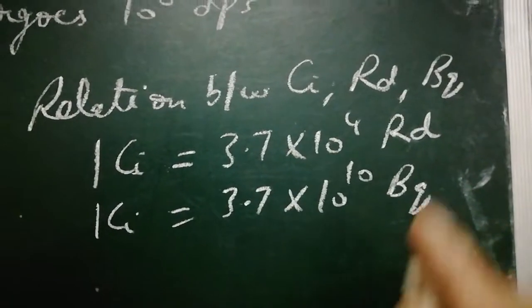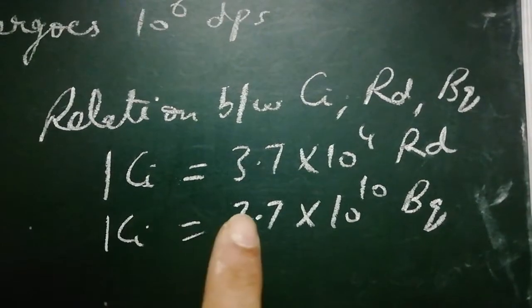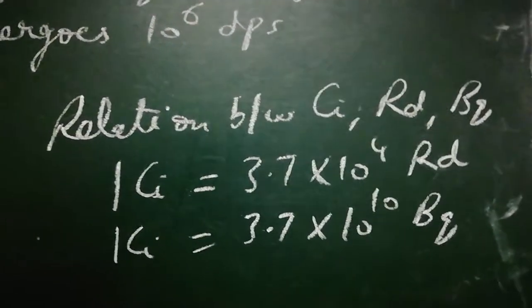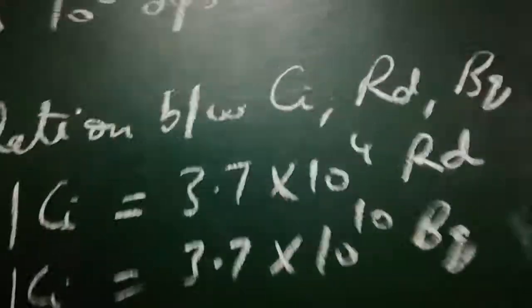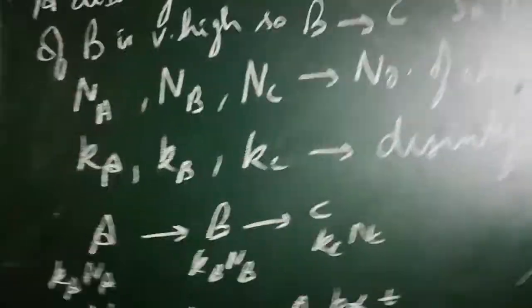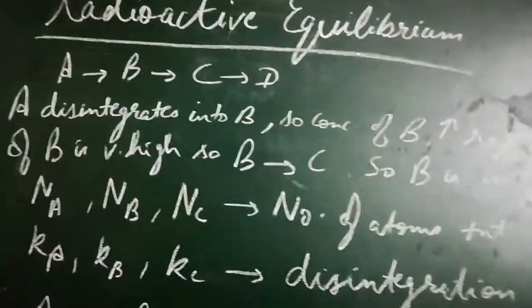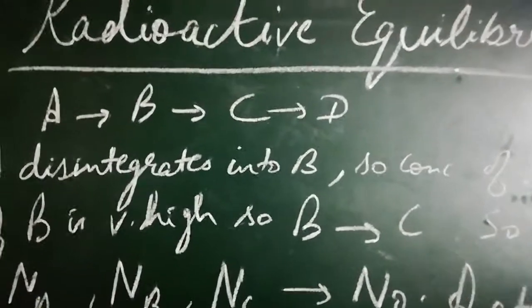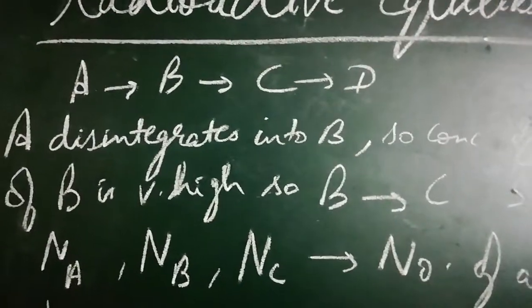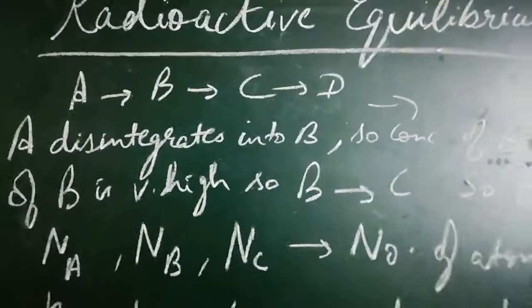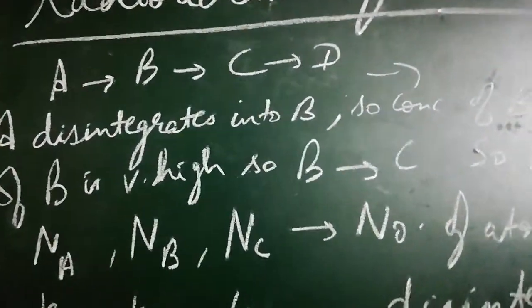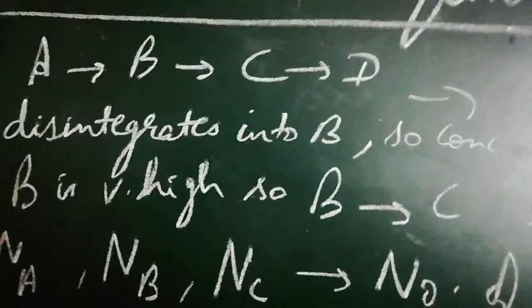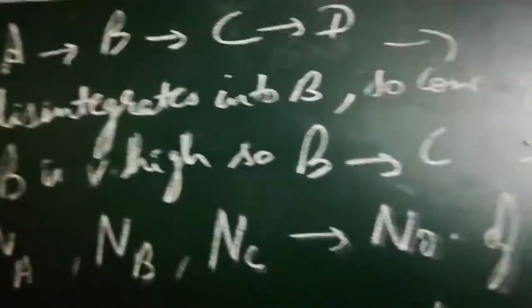The relation between Curie, Rutherford and becquerel can be written as 1 Curie is equal to 3.7 into 10 to power 4 Rutherford, and 1 Curie is equal to 3.7 into 10 to power 10 becquerels. Next is radioactive equilibrium. What is radioactive equilibrium? Let us consider this chain reaction in which radioactive substance A is converted to B, which is further converted to C, and which is further converted to D, and so on. A disintegrates into B, so the concentration of B will increase. But the reaction will not stop at B. It is a chain reaction and B